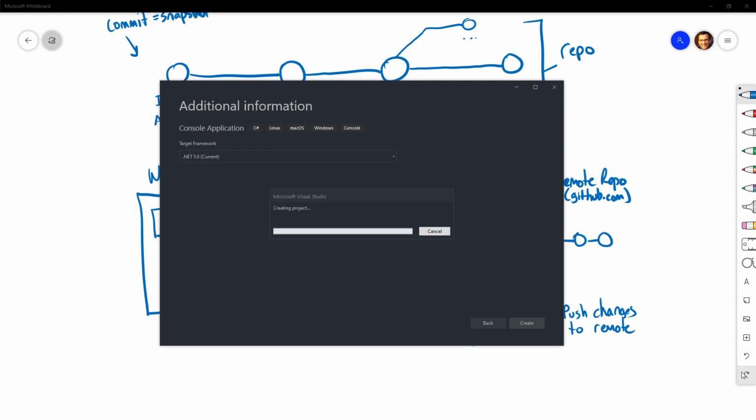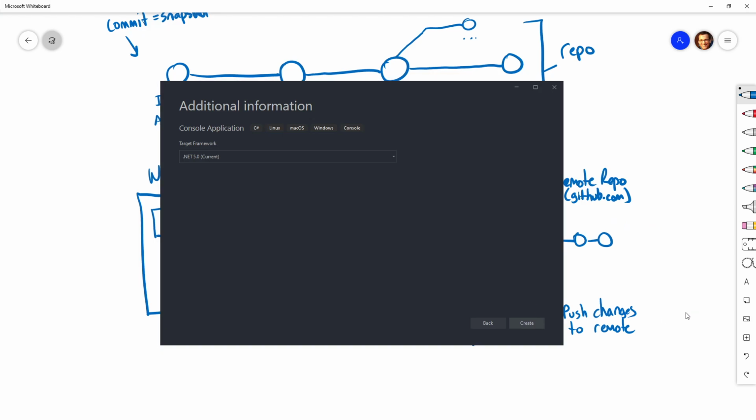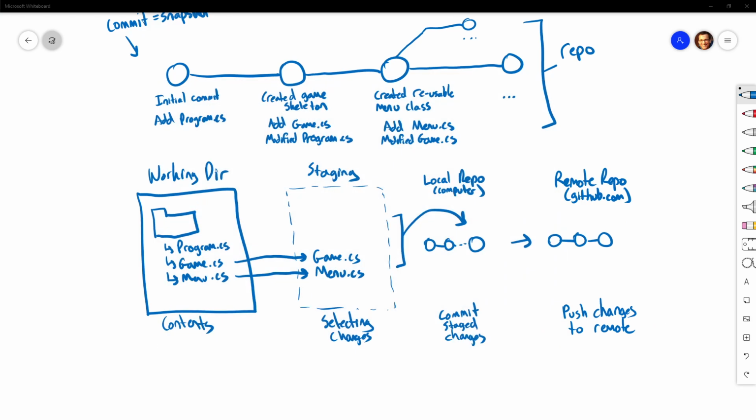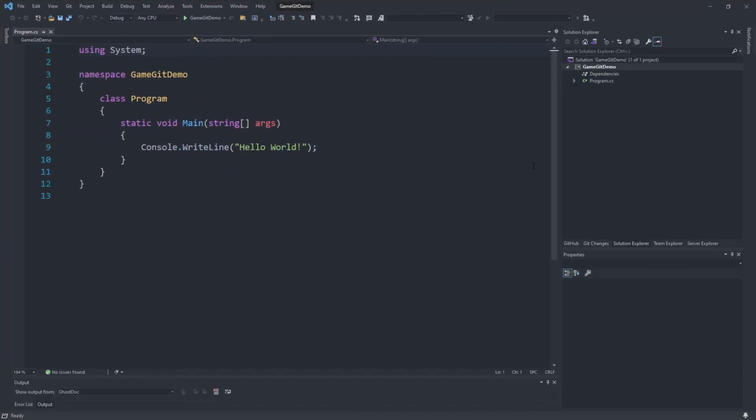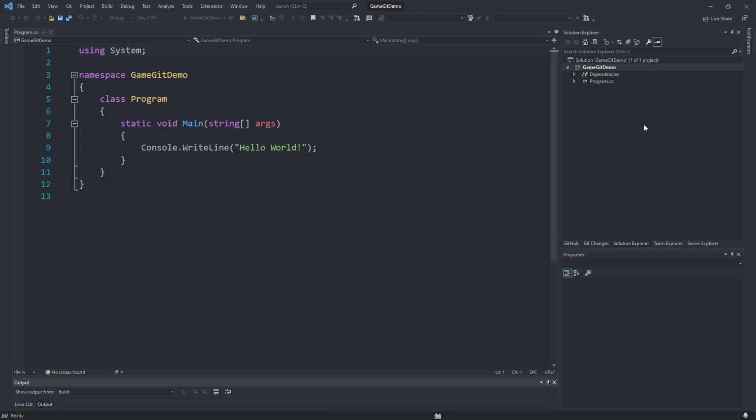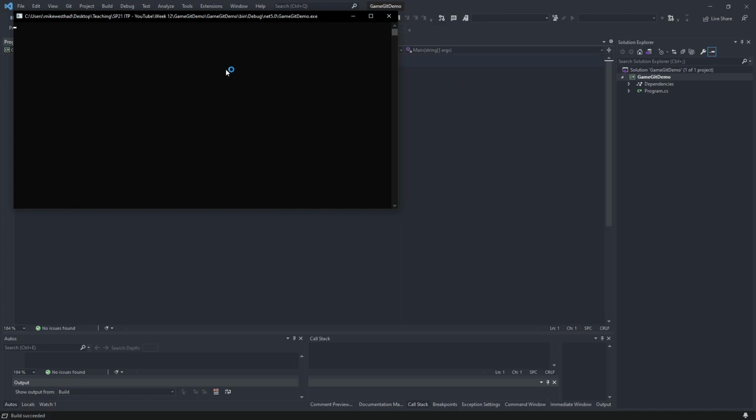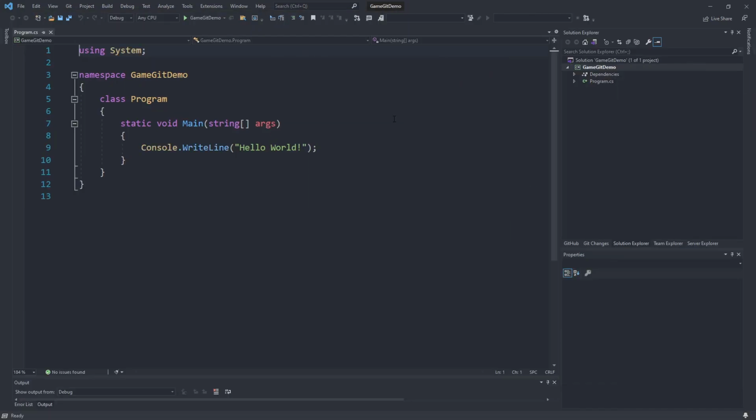And this should give me a new console application. So I've got my console application, I can run it. It's a normal project. It's not under version control yet. So the first thing we're going to do after this runs is put this under version